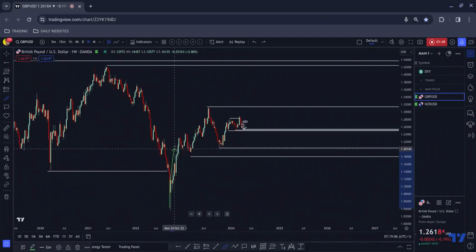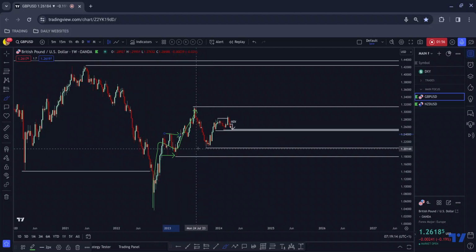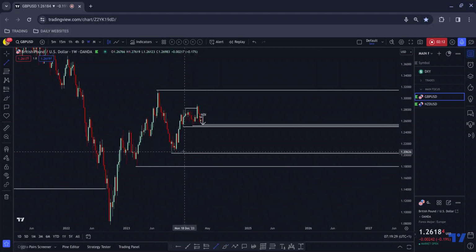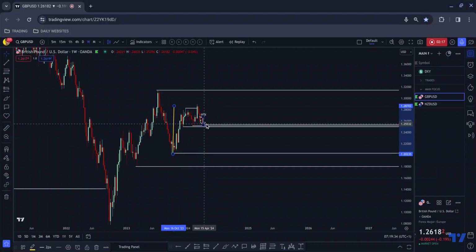We then have this impulse correction continuation to the upside. We don't necessarily need to come all the way down to here at this moment in time, although it is a point of interest that we do have a bit of a near miss here to this low. So maybe at some point we will take that out. What it's looking like to me at this moment in time, because we kind of impulsed up from that area, is that this is an impulse correction continuation to push higher to take out this high, or potentially even this high, because if we try that again,